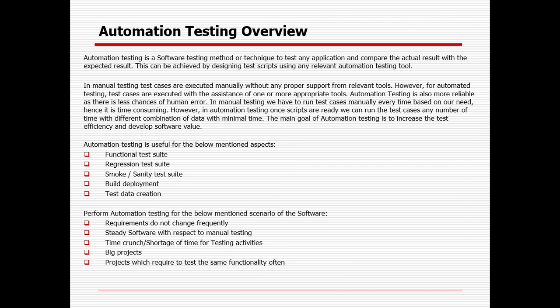Second part, you need to perform the ROI, which is nothing but the return on investment. Why do you need to perform it? Because we are doing a business here. Automation testing is also a business, because we want to reduce the cost of the project, the main objective. And the second objective is that we want to go with different variations of testing, meaning the same test case we can execute with a different variety of data. Apart from that, we can use our automation script to create some sort of data as well. So that is the way we need to think about the ROI.